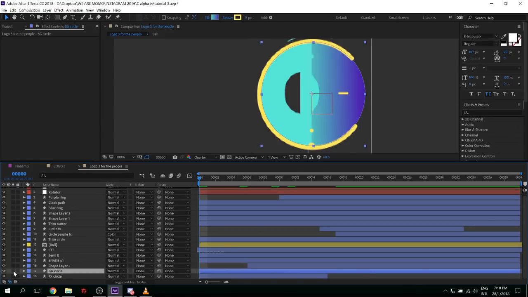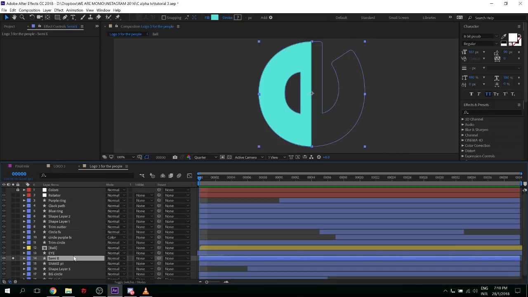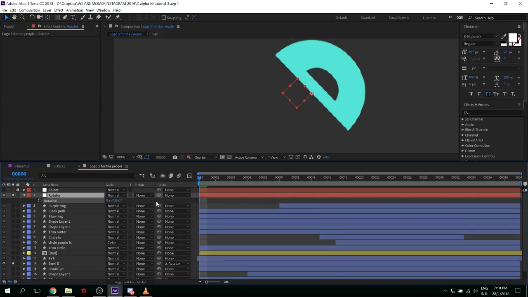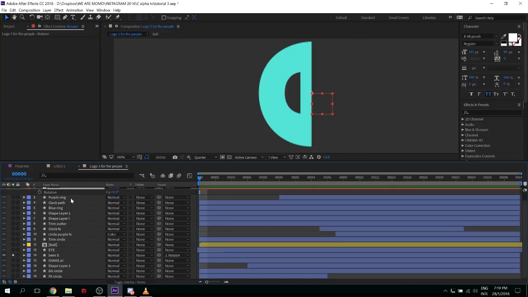So the first thing I'm going to do is go with the most important one, which is this one. It's just a semicircle that we're just going to give to the null object. And if I try to rotate the null object, obviously it's going to rotate with it. So that's exactly what I want, so that later on, if I want to rotate anything else, it'll be possible to do that without any worries. And if I just need to change the rotation, I could just change it in one place